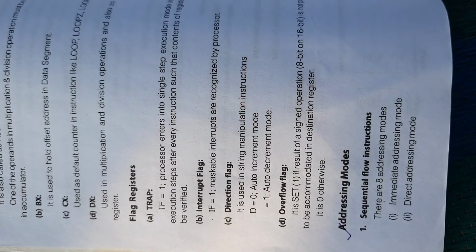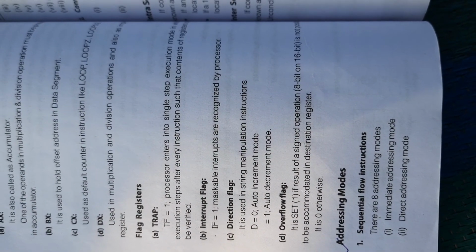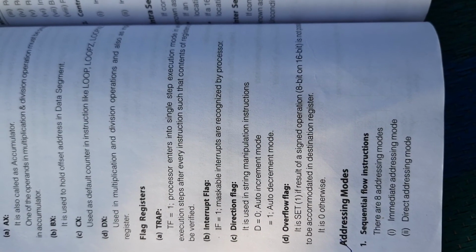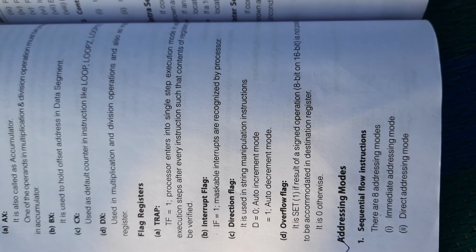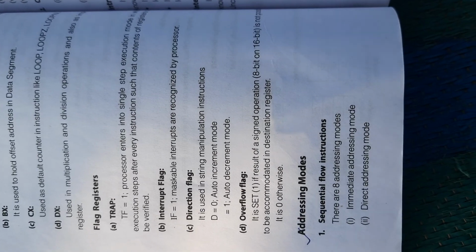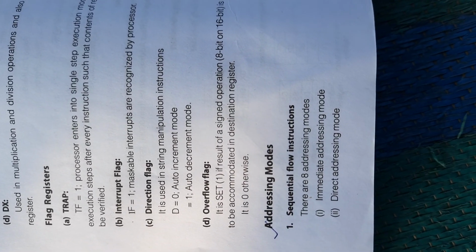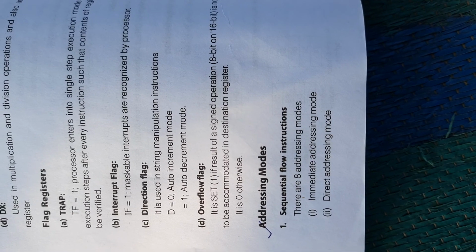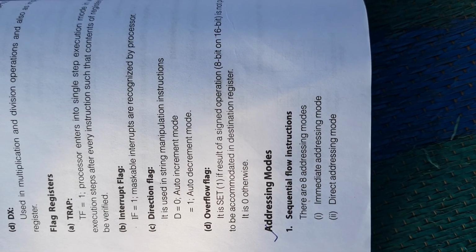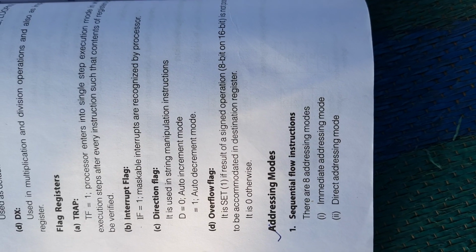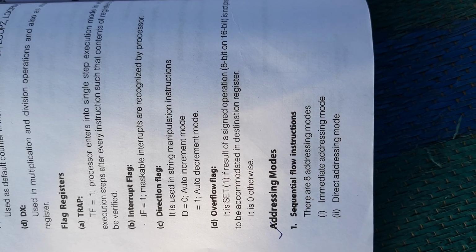There is the flag register. One is trap flag, second one is interrupt flag, third one is direction flag, fourth one is overflow flag. Then you see the details, the addressing modes of your 8086 microprocessor. First one is sequential flow instructions. There are 8 addressing modes. First one is immediate addressing mode, second one is direct addressing mode,